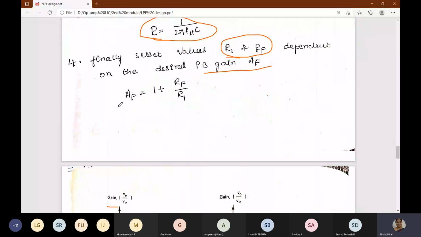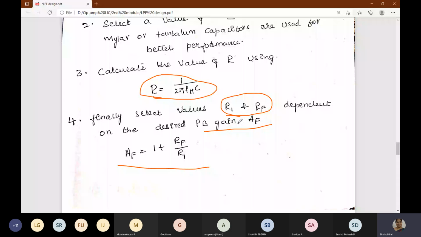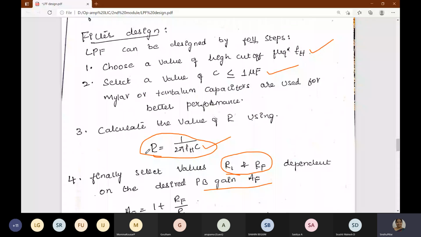The design of the low pass filter depends upon the capacitor C, which is assumed. The value of C is assumed, and the resistor value is calculated for a frequency of, say, 1 kilohertz. If the frequency is 1 kilohertz and the capacitor value is 0.01 microfarad, then we get the resistance value as 15.9 kilo ohms. I will show that for you in the next class.